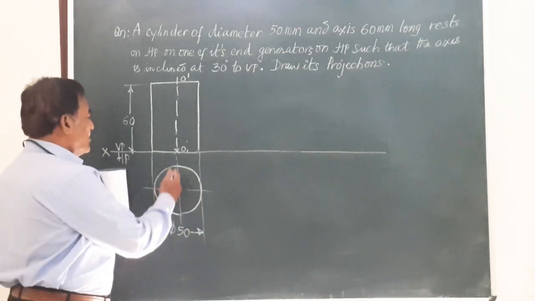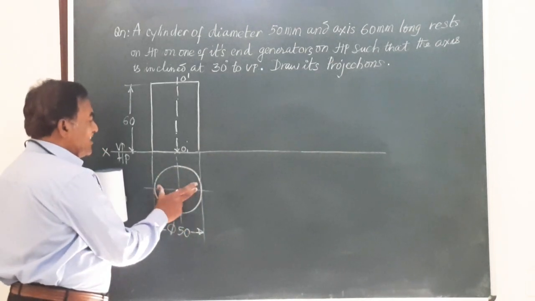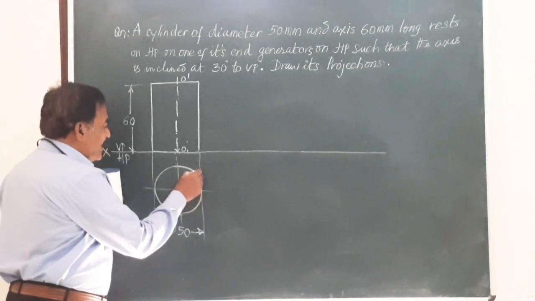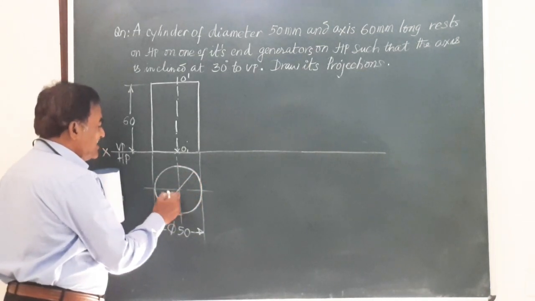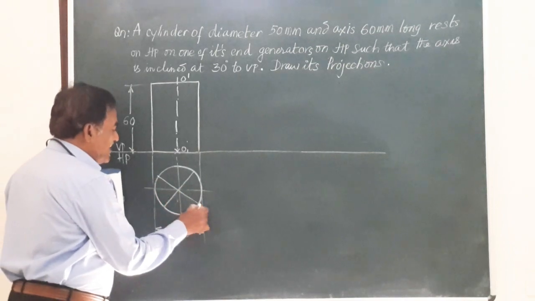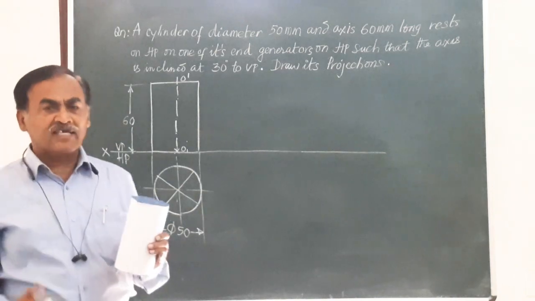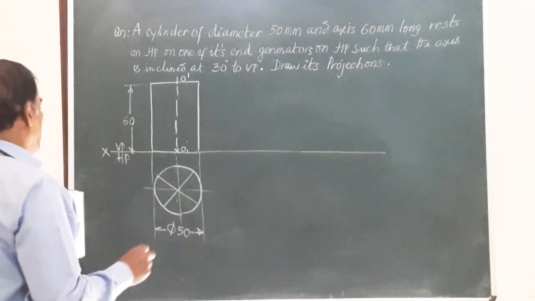How to get that? Draw a vertical line. You get it divided into 2 parts. Another horizontal line. Now it has become 4. Further draw a line at an angle of 45 degrees to the horizontal. Again another line perpendicular here. And now the whole circle in the top view is divided into 8 equal parts.